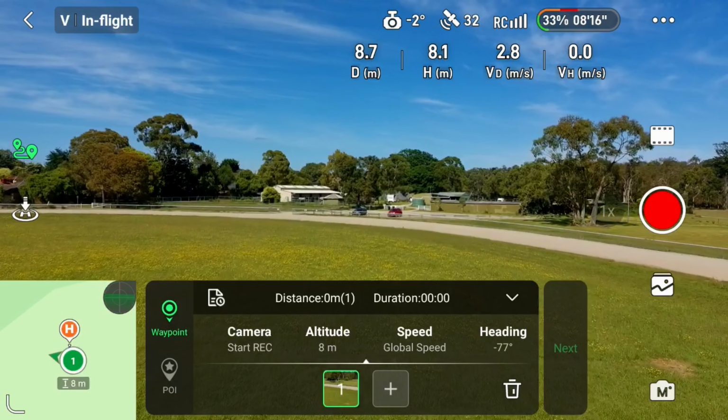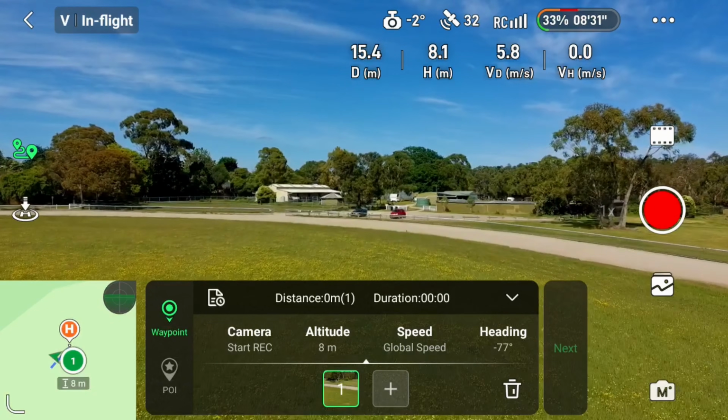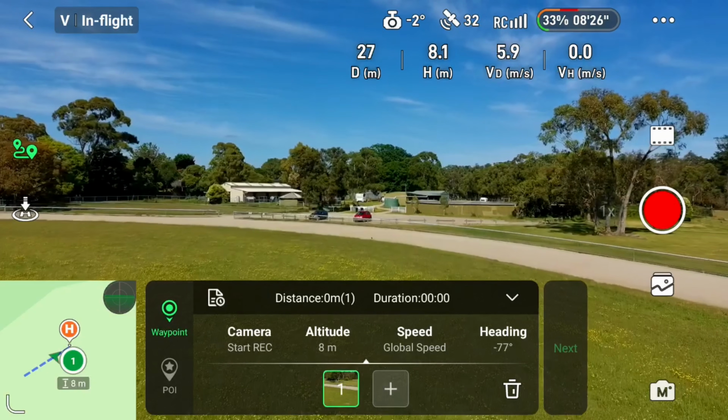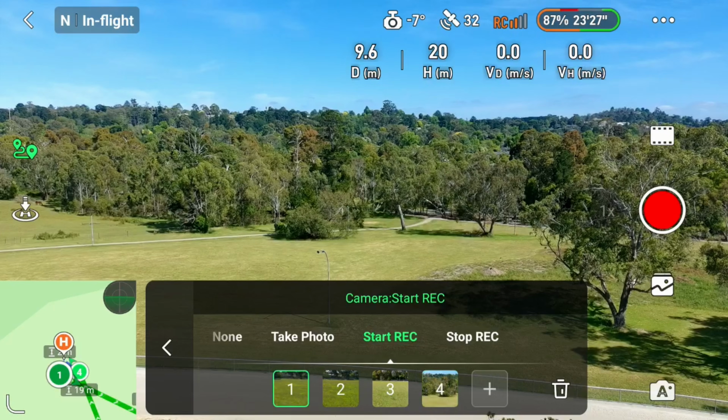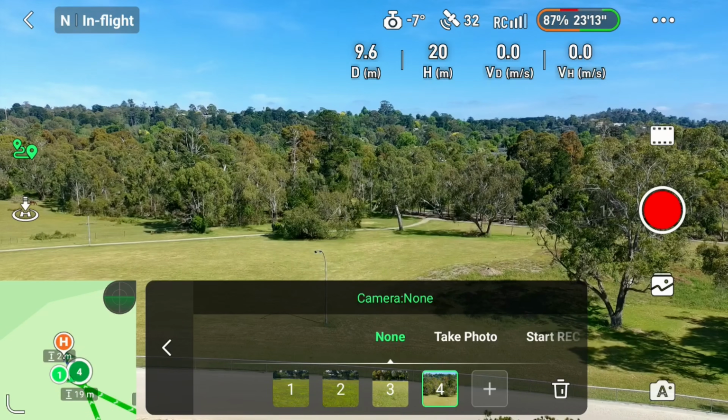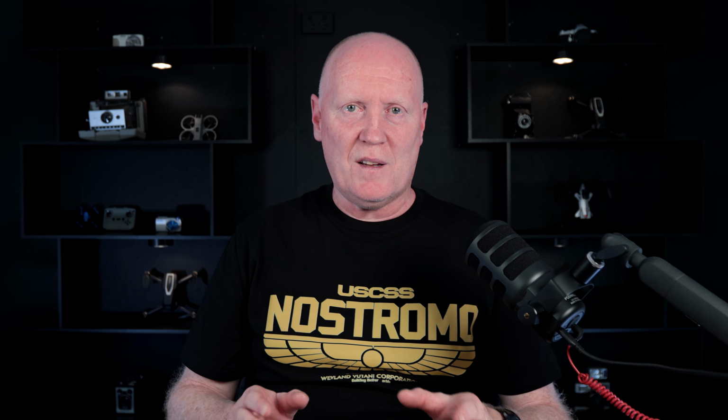Next to that is heading, and this controls where the nose of the drone is pointing. You can have it face the next waypoint, or you can set a custom heading. So for this flight, I'll set it to start recording on the first point and then select the last point to stop recording. Now that our mission is planned, all the parameters are set, it's time to see it in